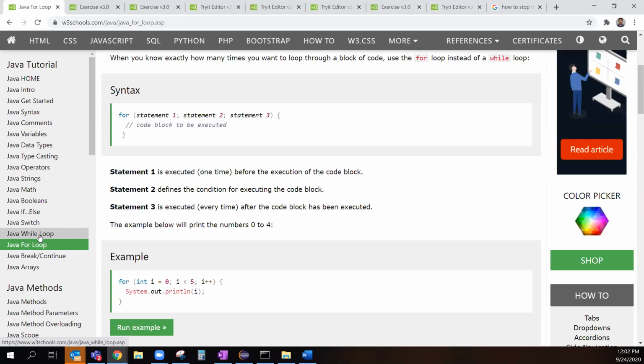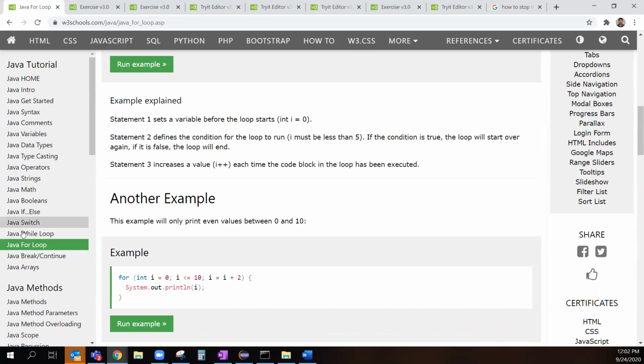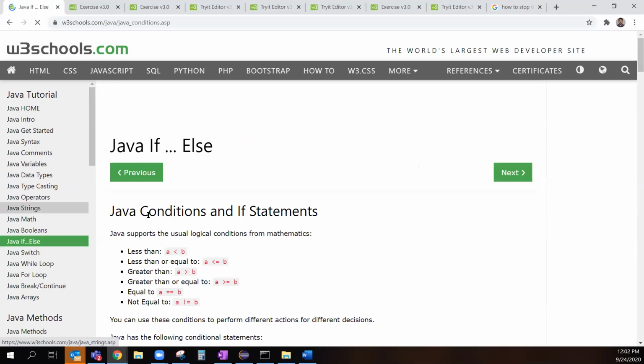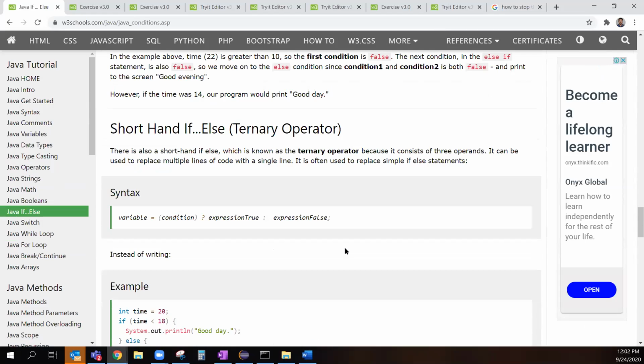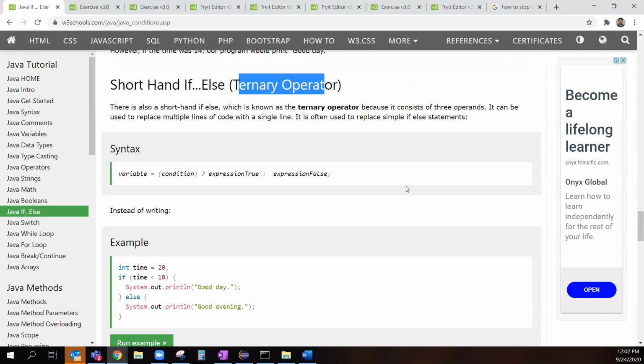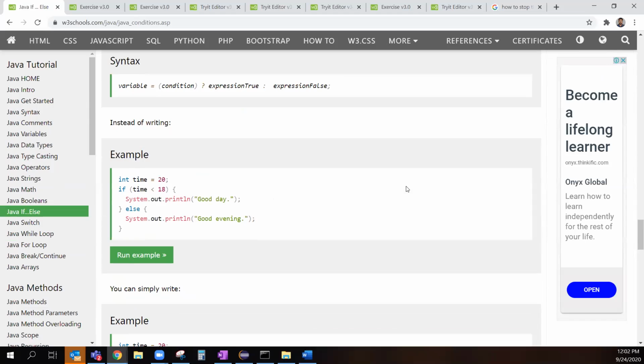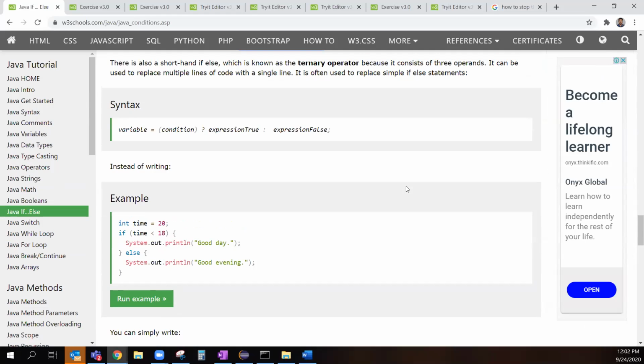In if else, scroll down. This is the variable equal to condition and expression true. What is this? That's a ternary operator. That is a different one. Ternary operator now will confuse you. First, you learn this. Ternary operators are very useful, but I'll not tell you now. I'll let you know the ternary operator later. It will confuse you. And last question, for loop.